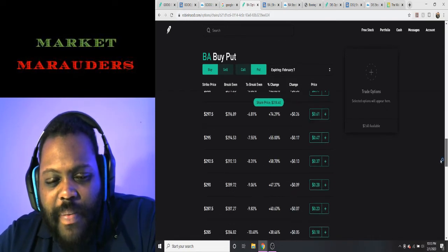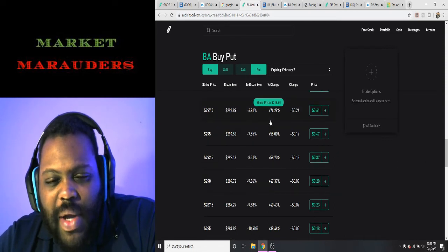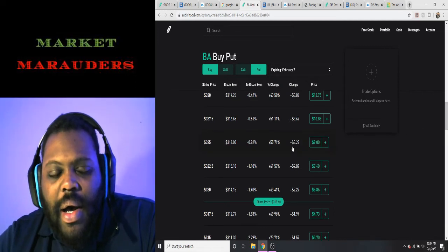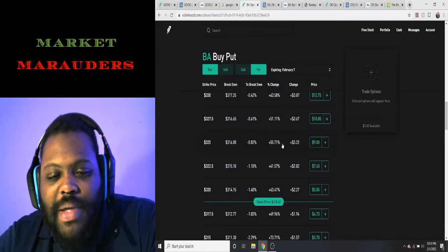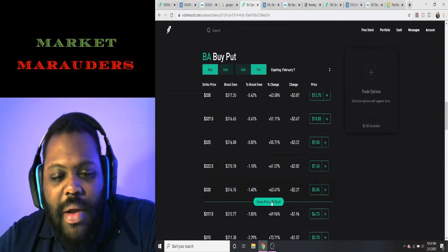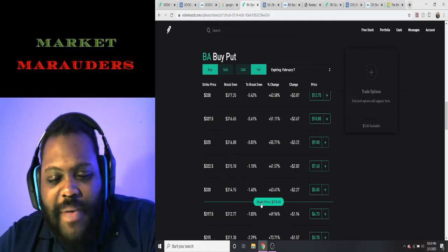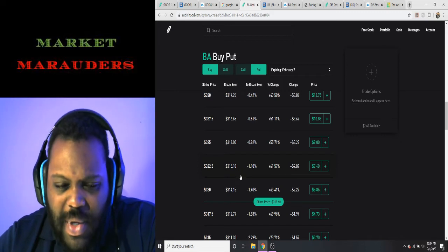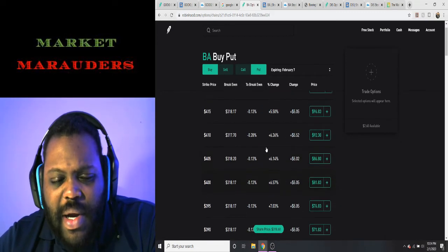Down here, 287. It has quite a ways to go to get to that. So that would be definitely considered an out of the money option. So out of the money basically is anything that has gone to that, hasn't gotten to that price yet. So 315, even though it's above here, the way Robinhood has it set up is a little weird. It's still considered out of the money, even though it's in green, and that's because it hasn't gotten to this price. It hasn't fallen down to 315.10. So having this 318 price, this is still considered out of the money. But these up here would be considered in the money because they have breached that price of 318,